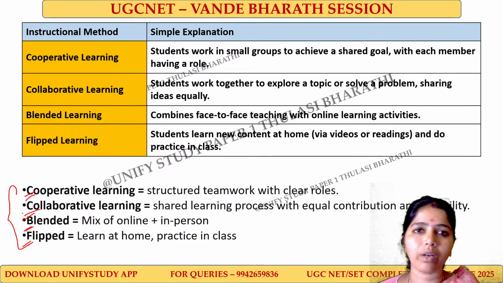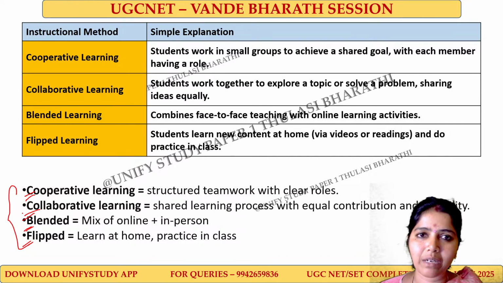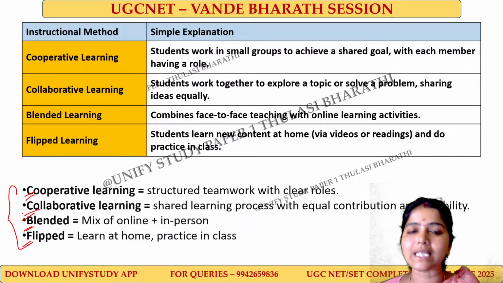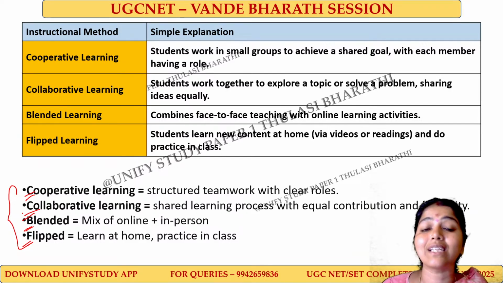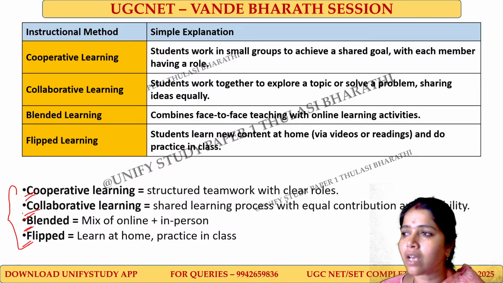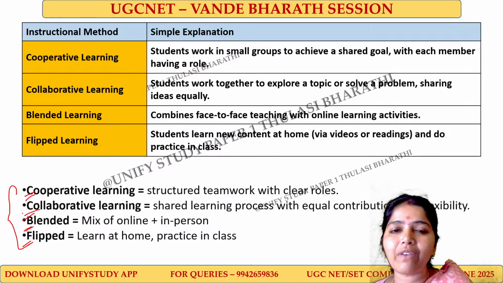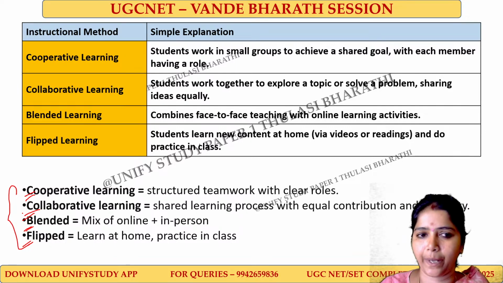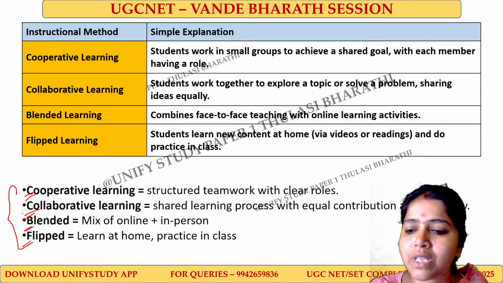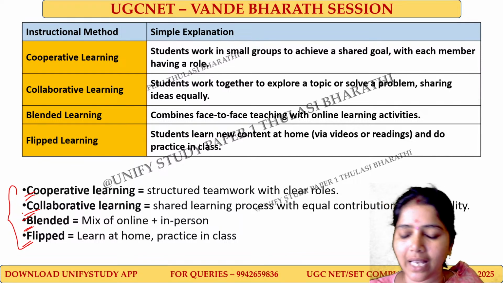Blended learning means mixing online and offline methods. Understand? Blended means offline and online methods. Flipped classroom means content will be studied at home, and in the classroom the discussion will be done. Understand? At home, content will be given, it can be a video or a PDF, which we have to study and then come to the classroom for the discussion and to do the activity, and that is called a flipped classroom.